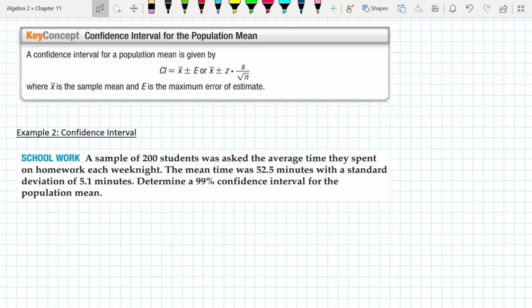Okay, now let's talk about the confidence interval itself. I basically have been doing this calculation already with everything I've been talking about. The actual confidence interval is the sample mean plus or minus the maximum error of estimate, which is that thing that we just calculated in the last example. So you just take whatever the sample mean is, add or subtract the value for the maximum error of estimate, and we've got ourselves a